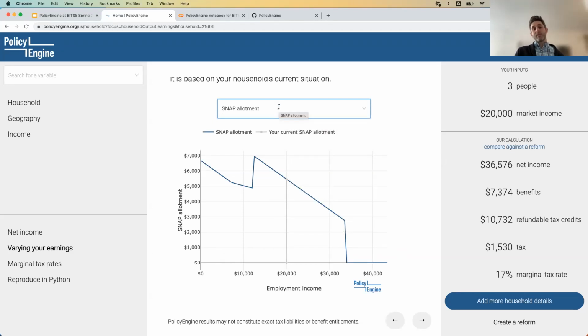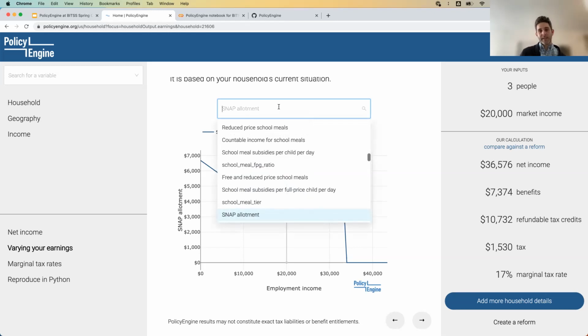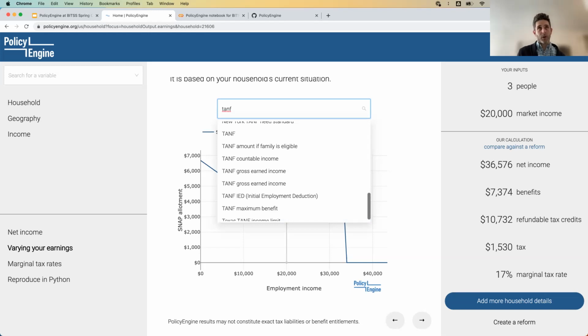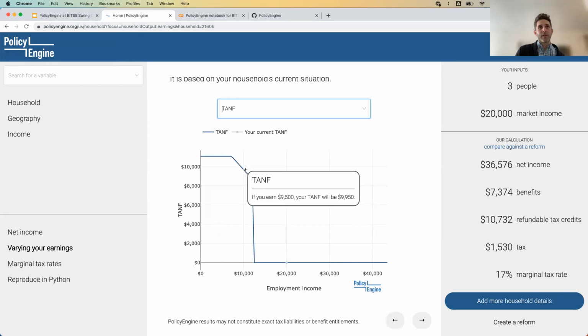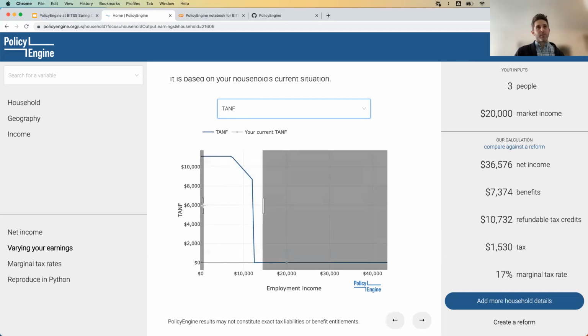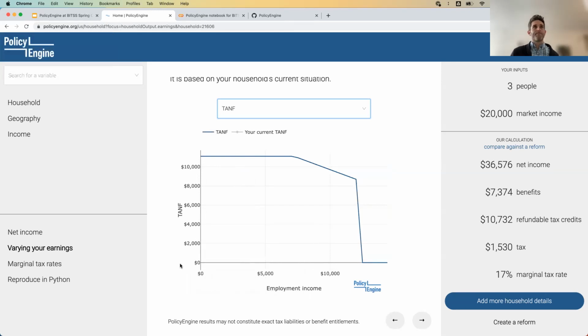The reason this happens is because TANF actually counts against your SNAP allotment, as countable income for SNAP. So we can look at TANF itself and we see, okay, TANF has a cliff. SNAP is filling in part of that cliff. So any of the variables here you can drill into in that way.